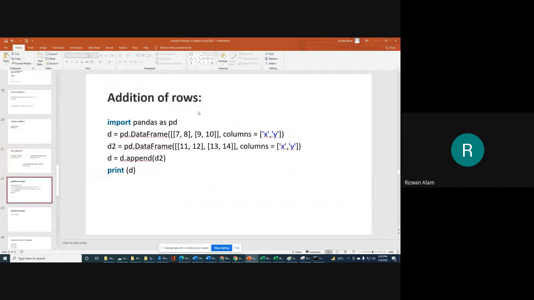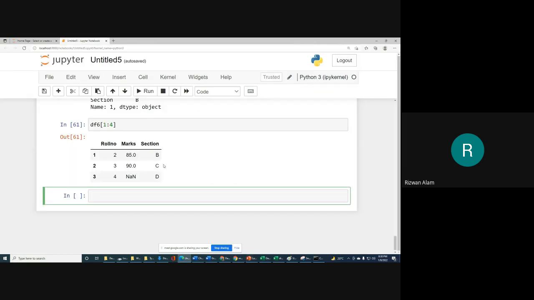Then addition of rows. If you want to add a new row, we can use the append function. Let me show how we can do this. First of all, we will create a data frame and add it. For example, we create one with pd dot DataFrame.